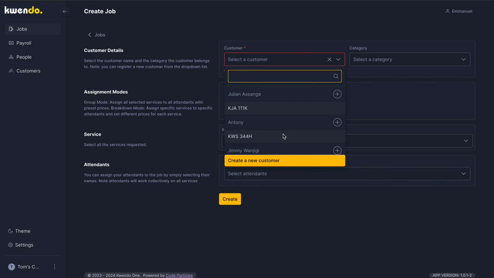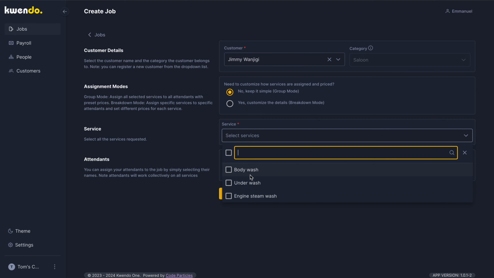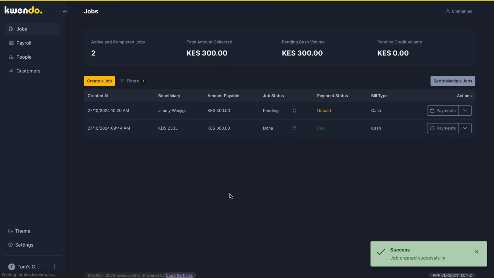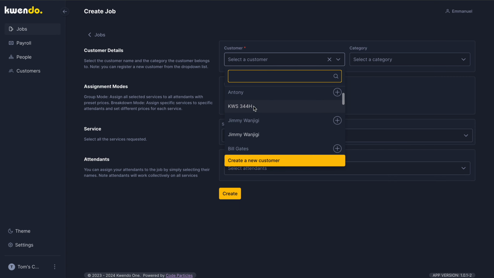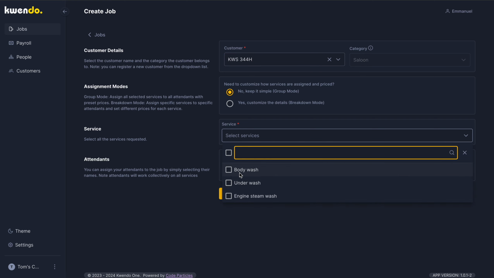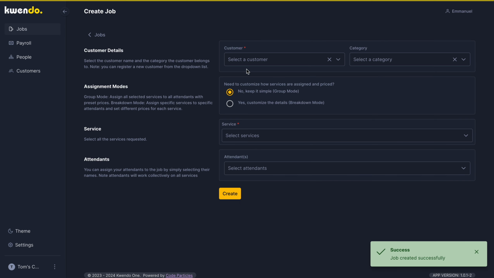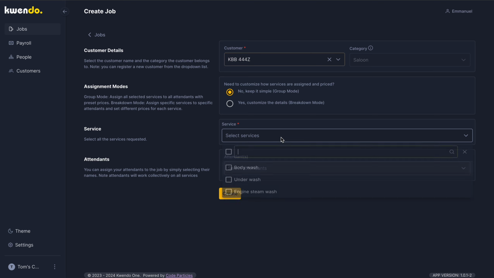So let's head over to our first job. Remember, I'm creating 6 of them. Maybe this was body wash and the attendant, maybe it was. Then you create our first job. We'll head over again, create 5 more. Again, body wash, and we create another job. Very easy, same steps. That job,